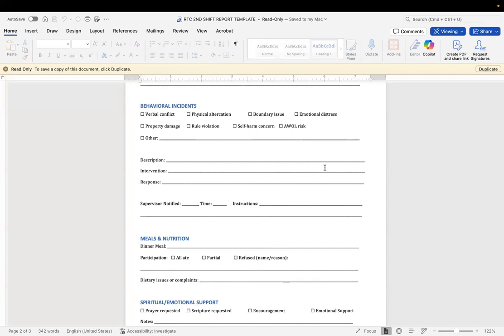And then emotional distress: crying, anger, anything that shows emotional disturbance and distress. This is going to be key after a family phone call, or after something, maybe a discipline issue or whatever, and we're going to go, well, that's normal. You should have that. But it still needs to be articulated.